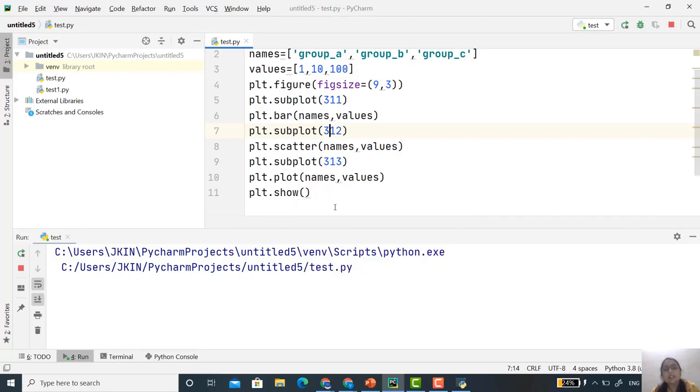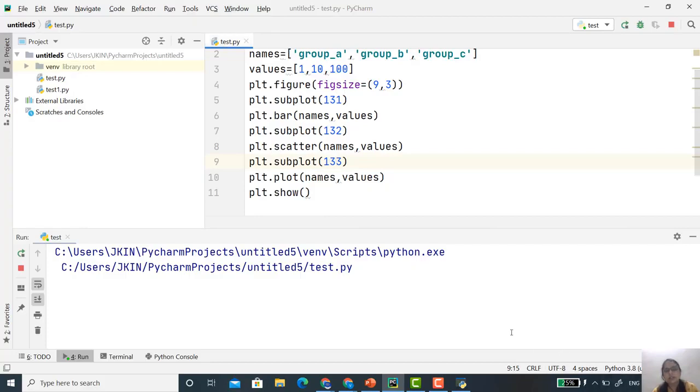Now instead of this, if I want 3 columns and 1 row, then instead of this 3, I simply have to write 1, and instead of 1, 3. Here also it's 1 and 3. Here also it's 1 and 3. That specifies a single row but 3 columns.